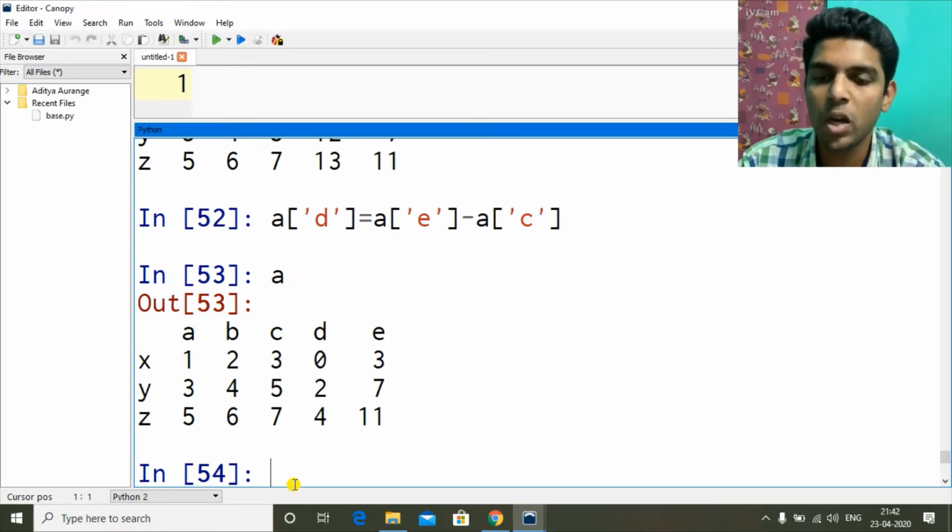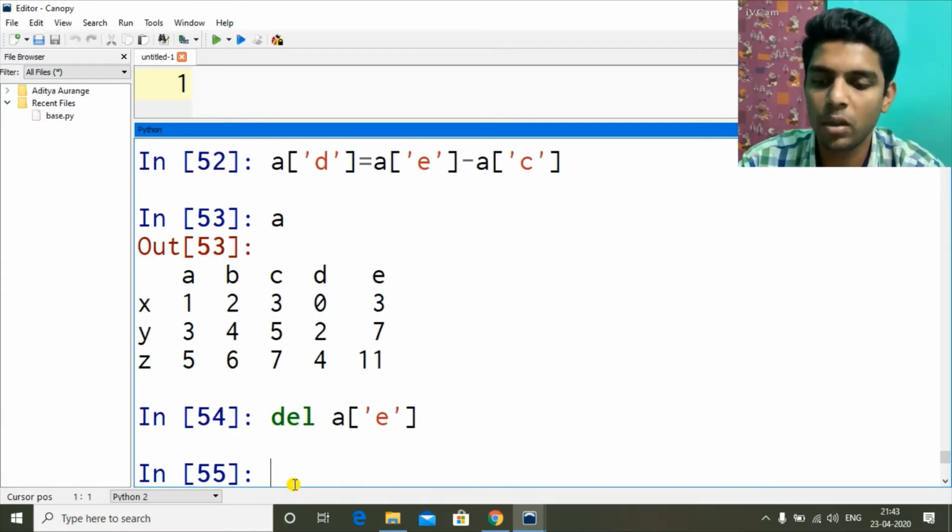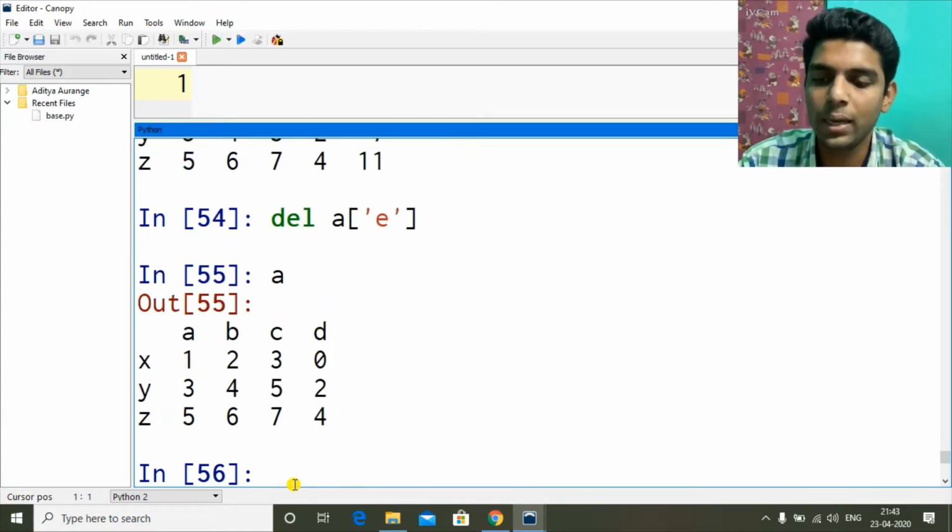columns. Now we'll see how we can delete these columns. For deleting we have 3 functions: del, pop and drop. How we will use del: del followed by whichever column we want to delete. So how do we access it, let's see, E. This is how we access it, and we write the del keyword before it. Now if I do this, my data frame is this.